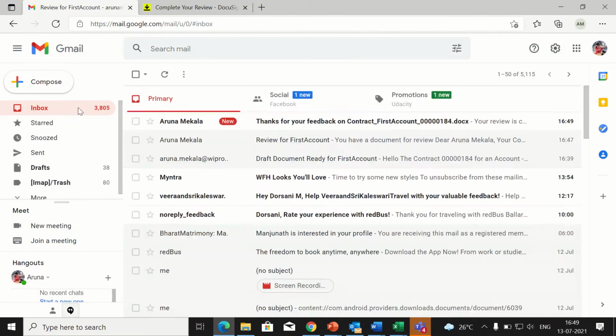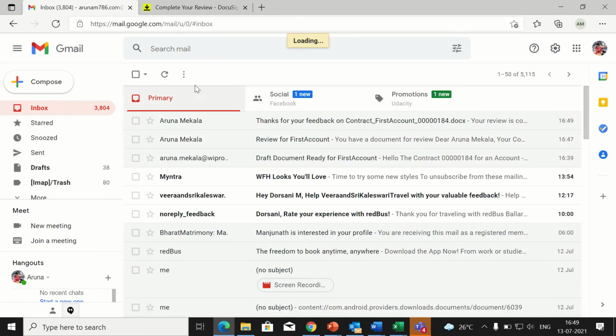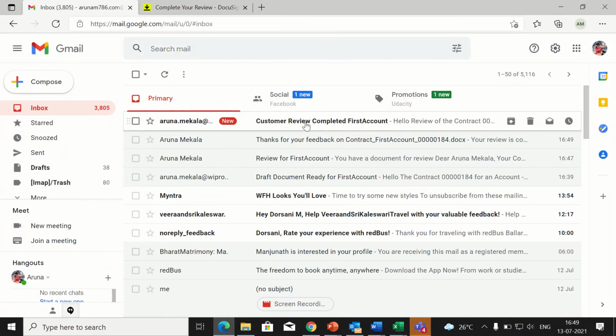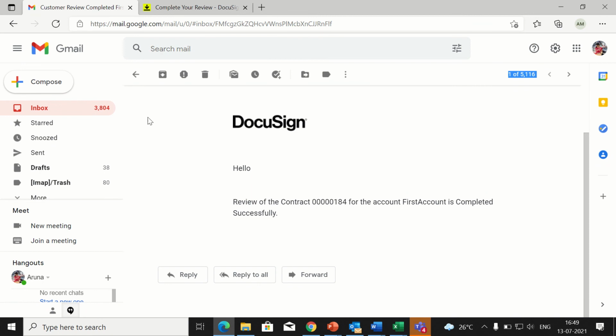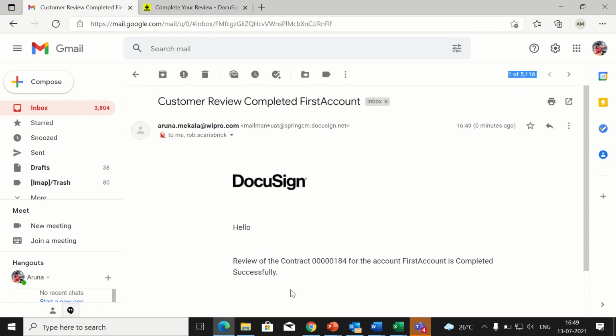So once the review is completed, again, this is an auto generated mail, it is not sent by me, and then after some time I will be getting one more mail which I have given the template, that my review is complete. Yeah, this is the one which I created the template. Okay, now the review is completed, and similarly all these mails will be going to the sales representative as well,